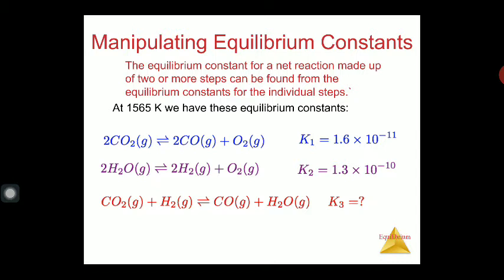If the equilibrium constant for the chemical reaction is completed in two steps, the total equilibrium constant K should be equal to the multiplied product of the equilibrium constants of each participating step there. So K should be equal to K1 into K2, and the value you estimate will be equal to these two. So we are discussing some of the characteristics of the equilibrium constant, and this is your third characteristic. If the reaction has more than two steps, then the total K should be equal to K1 into K2 into K3. Is it clear?